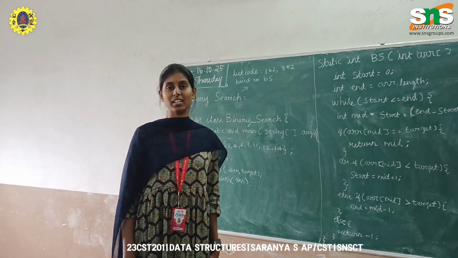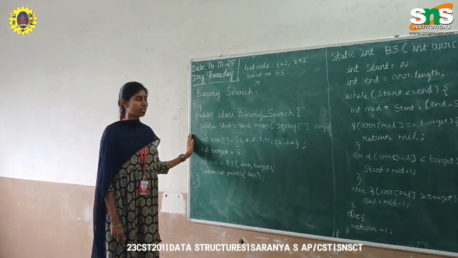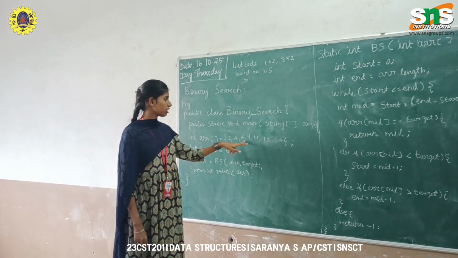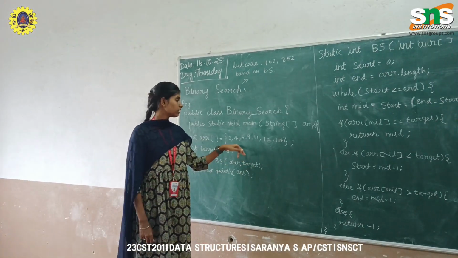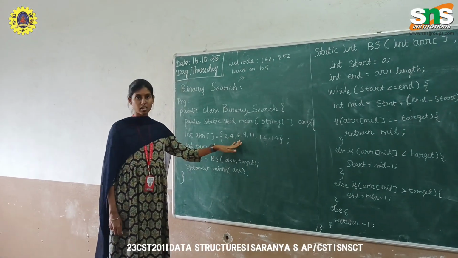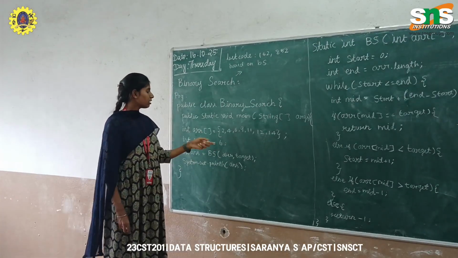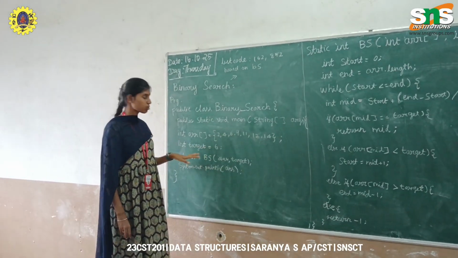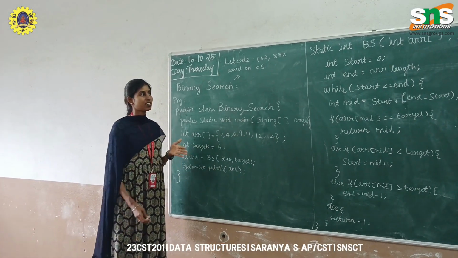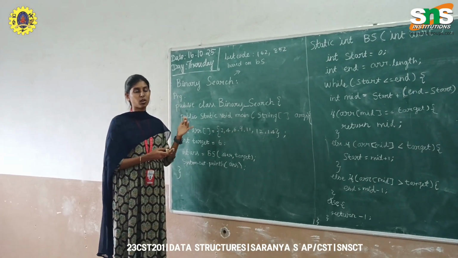Today my topic is about the binary search. Using binary search, how we are going to find out the target number in the given array. So this is the given array with the length of 7. So we are going to find the number 6 which is present in this array. To find the position of the 6 we are using binary search. The binary search approach is the divide and conquer approach, which divides the array into half and searches accordingly.